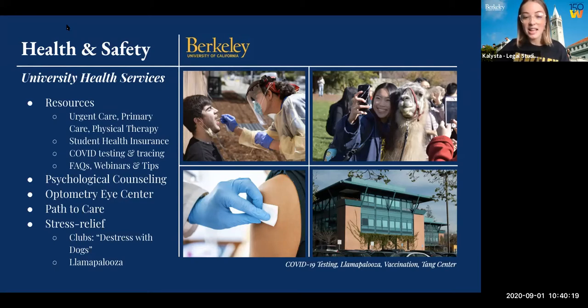Usually these are the pets that people have, service pets, so they're super sweet, and it's really nice to be able to go and pet some dogs just on your way to class, as well as Llama-palooza, which happens before finals and midterm season, which is really awesome because they bring llamas to campus for you to come and pet and take pictures with, which is a lot of people's favorite event. I think it's such a fun way to take a break from studying for finals and go and pet some llamas, which is super awesome.